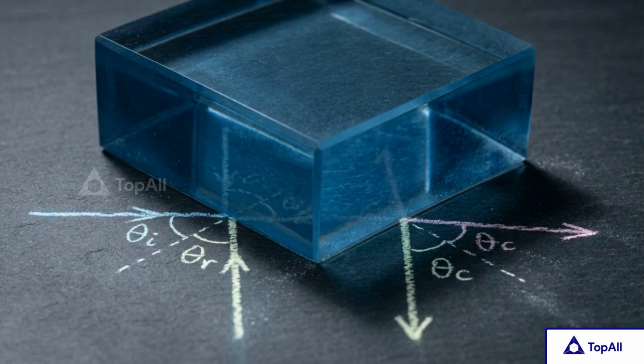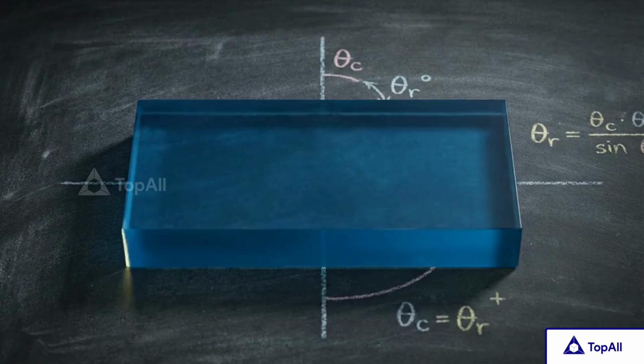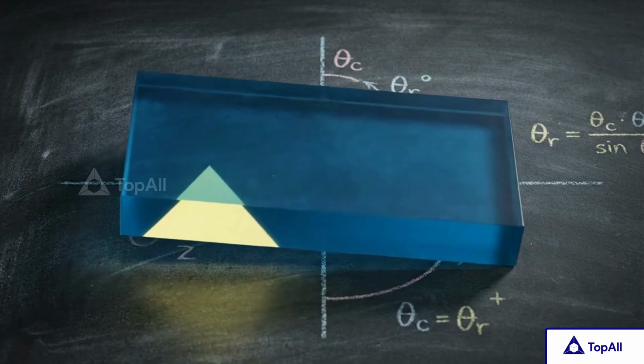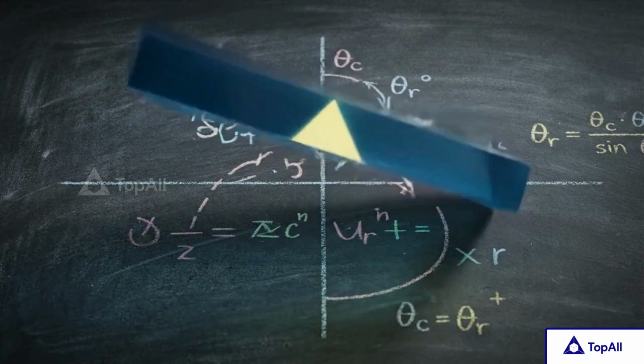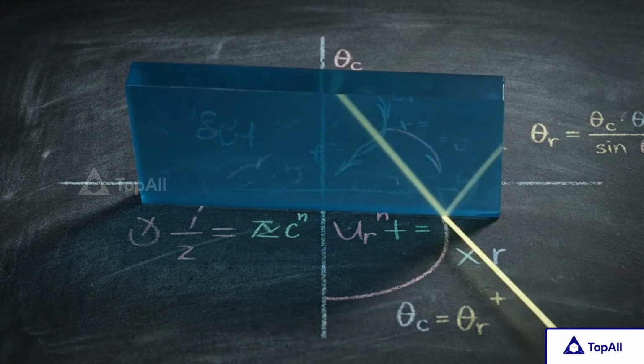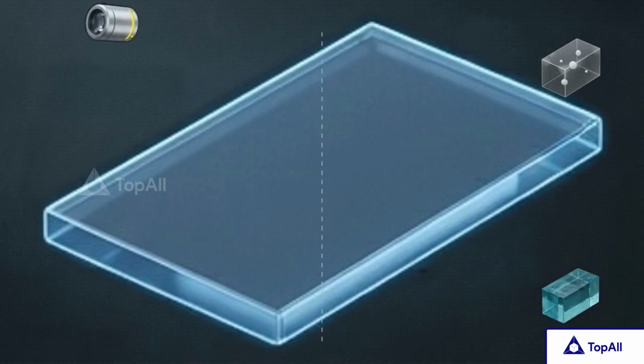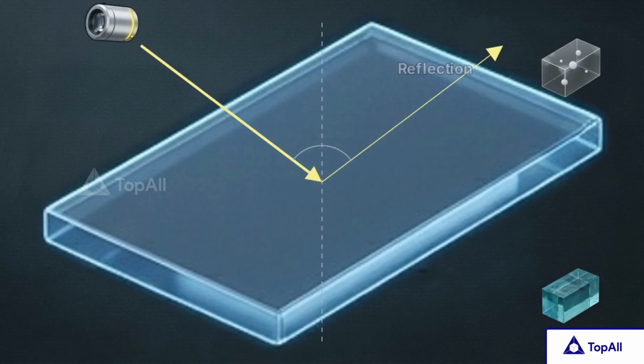Look up at the surface of a pool from underwater, and you might notice something strange. That invisible boundary between water and air can act as a more perfect, efficient mirror than polished silver. When light hits a boundary between two different transparent materials, it splits. A fraction of the light bounces back as a reflection, while the rest pushes right through and bends, a process